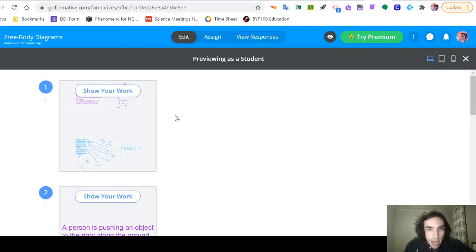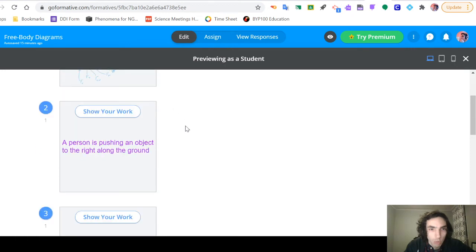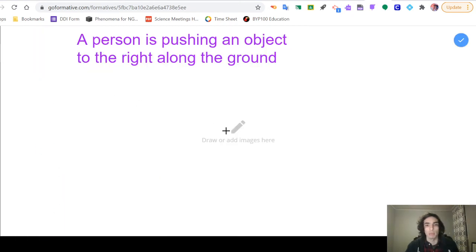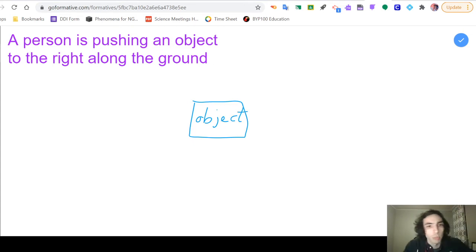Now, with that in mind, with all of those forces labeled and with our general rules for free body diagrams, let's go over a couple examples. For this first one, we have an object being pushed to the right along the ground. So let's draw our object, and it's a good idea to label these. Right now, all of the labels that I'm going to use are going to be kind of boring because in all of these examples, I'm just using a general object so that we can look at some examples